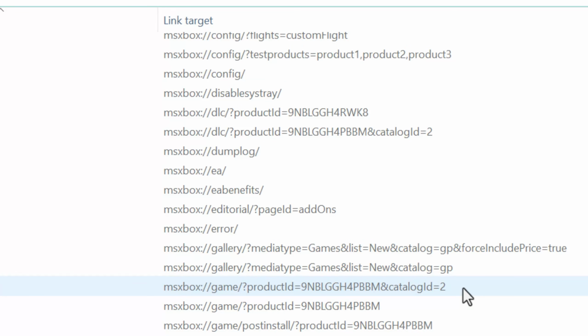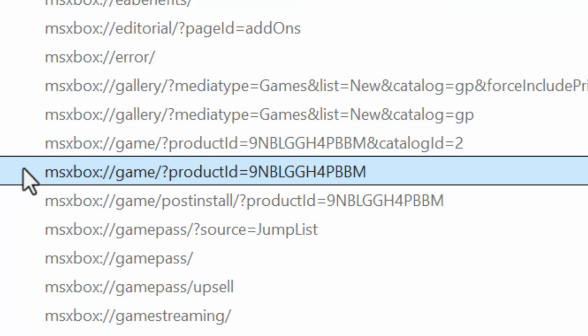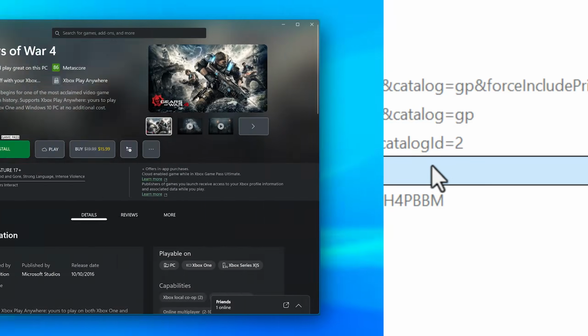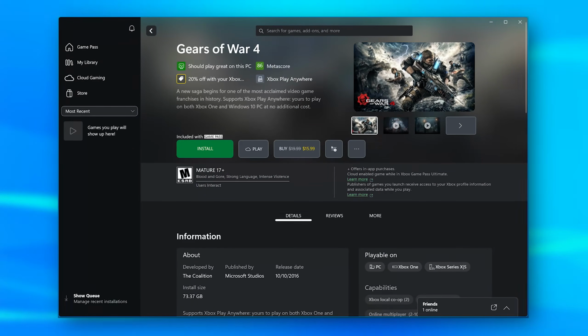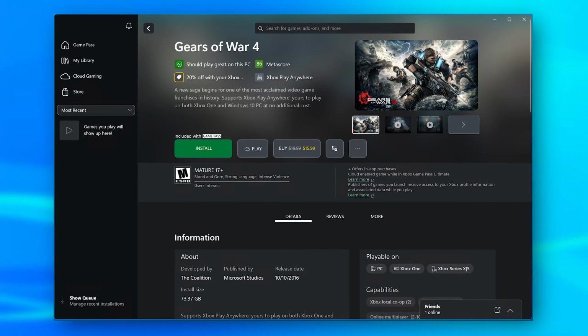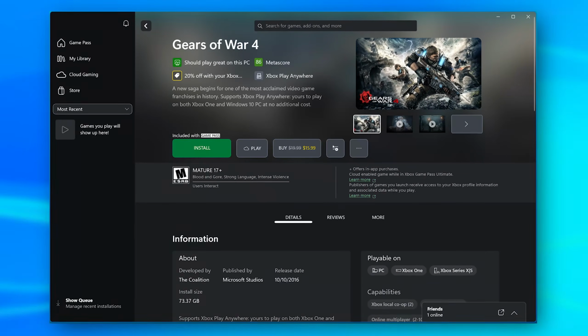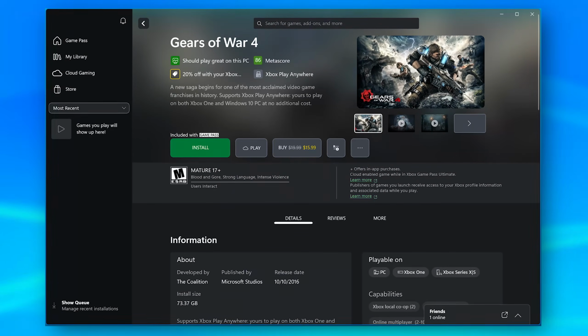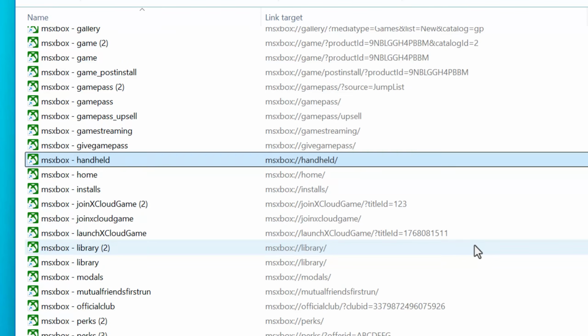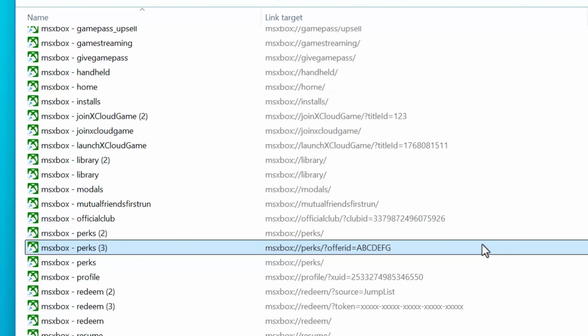Now, that means that most of these are not documented, and there are some that are oddly specific, like this MS Xbox game link that links to a specific product ID, which happens to open up a store page for Gears of War 4, because somewhere in some file, that string is hard-coded. Maybe it's in a menu or a message, something like that. But at least it still tells you that it is possible to make such a link, so they still work as examples.